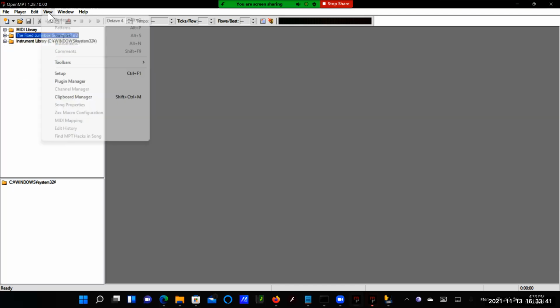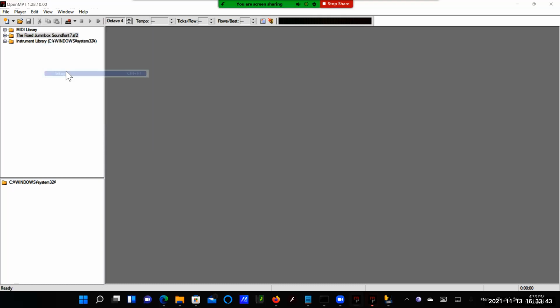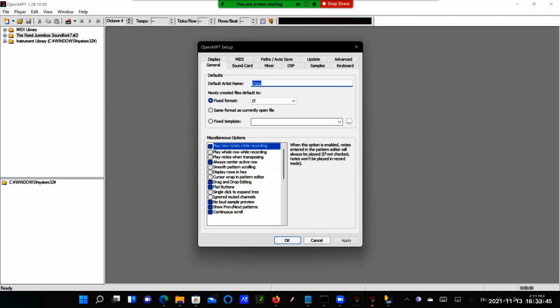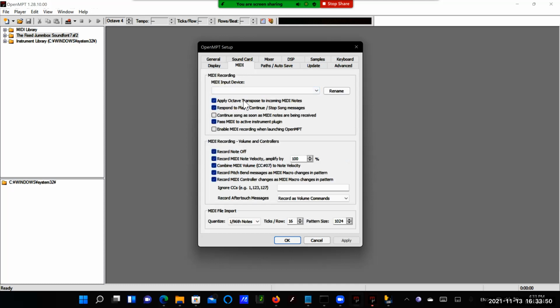But before we get into importing it, go to Setup, and then go to MIDI and check that. Check all of these boxes. Set this box to record as volume commands. Set this to that value, the bottom one. Set this to the highest value, which goes to 16, and set this to 1024, the highest value. Then